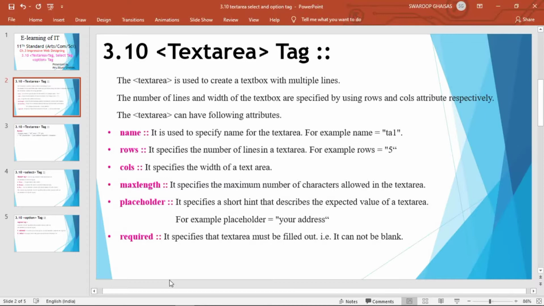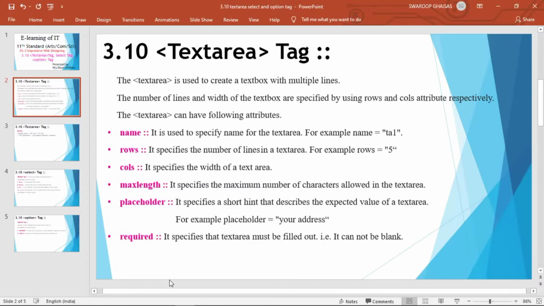If we want 5 rows in the text box, then we can specify rows equal to 5. And the cols attribute is used to specify the width of that text box. So we can set that width with the help of the cols attribute, like cols equal to 20, 30, 40. In this way we can set the rows and cols attributes for a text area control.